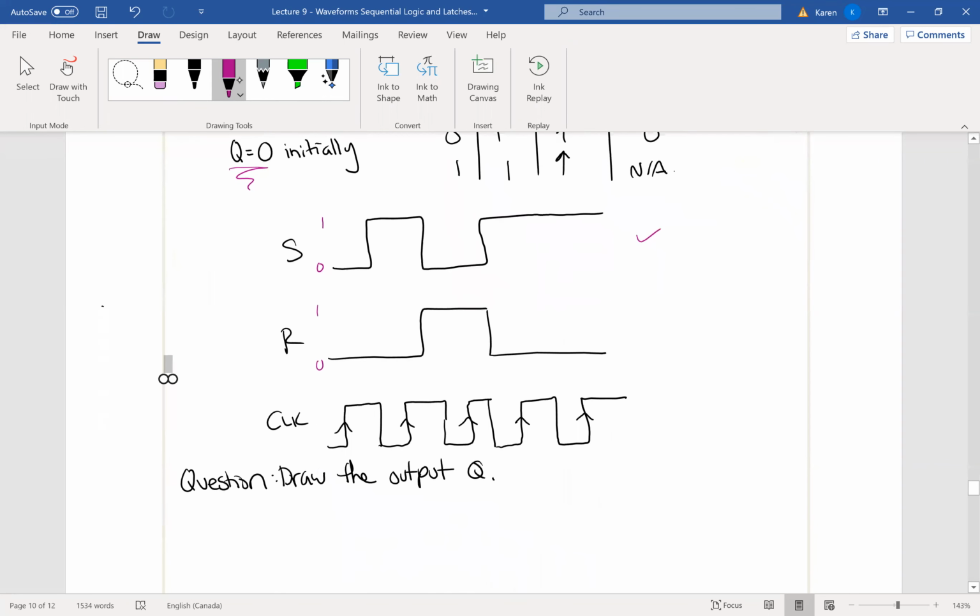We are also given that this flip-flop works on the rising edge of the clock, so it is triggered by the rising edge of this clock signal, so I put some arrows on it showing the rising edge of the clock. The question is,